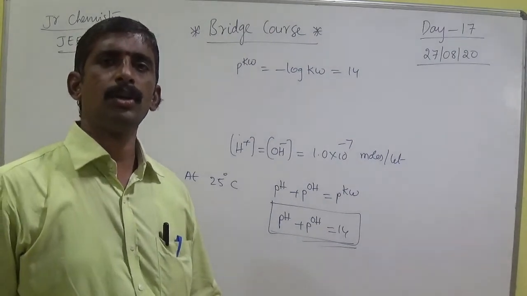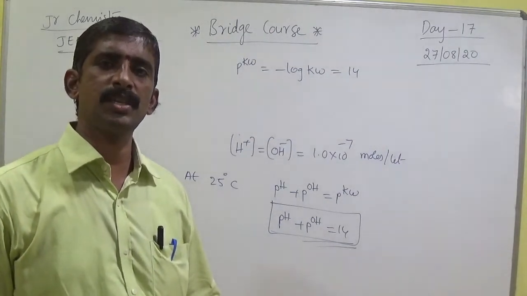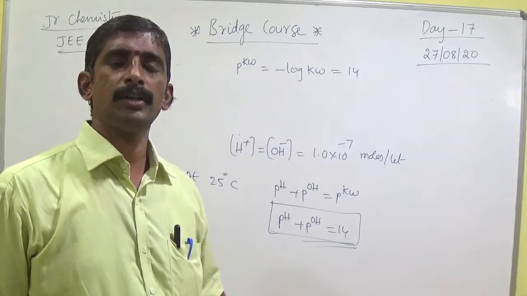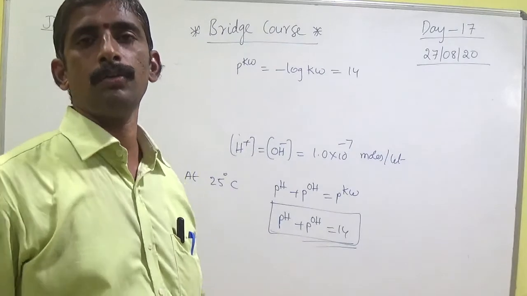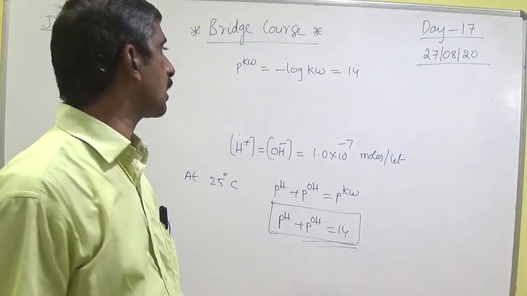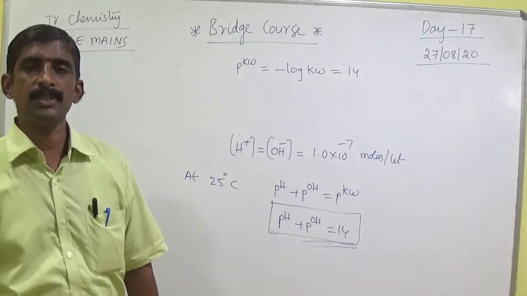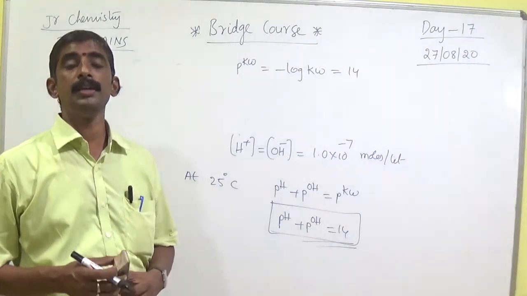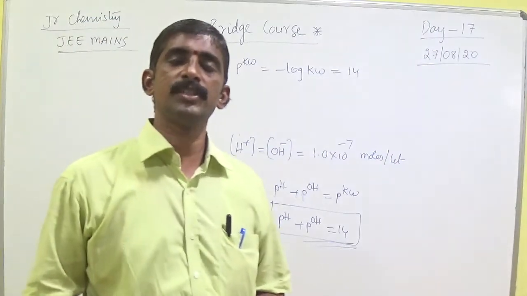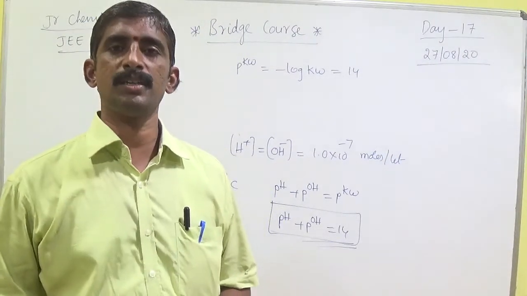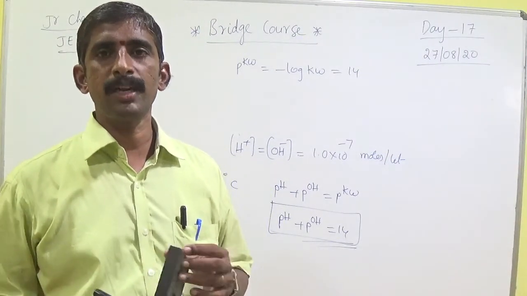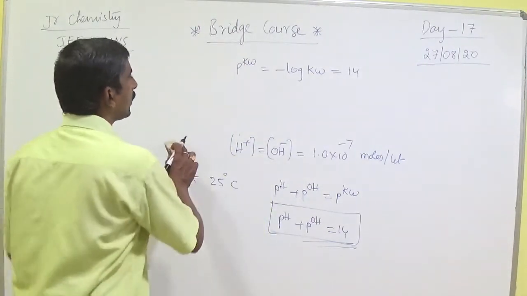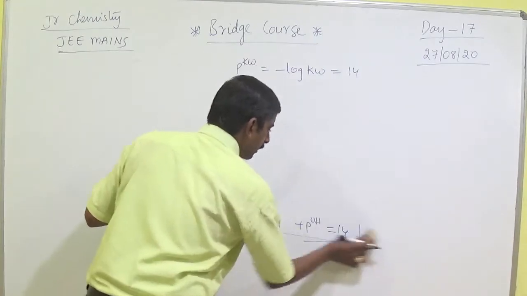Ionic product of water means the product of concentration of H plus ions and concentration of OH minus ions in pure water. Another way, in 1 mole of pure water, is known as ionic product of water. It is represented by symbol Kw and depends on the temperature. Another definition: the product of concentration of H plus ions and concentration of OH minus in 1 mole of water is known as ionic product of water.